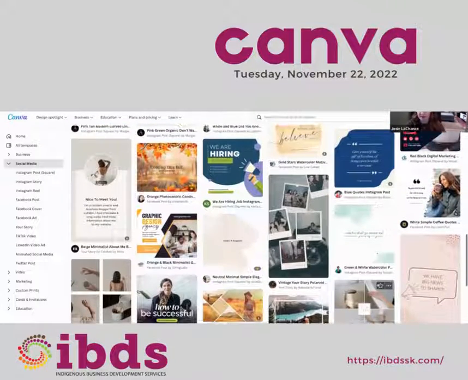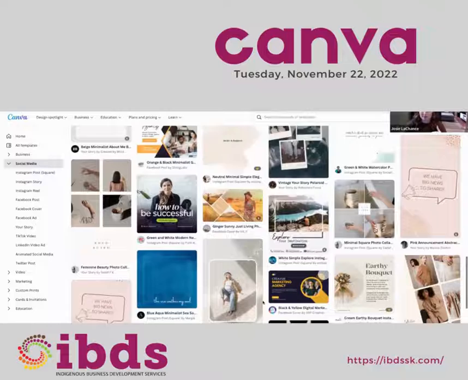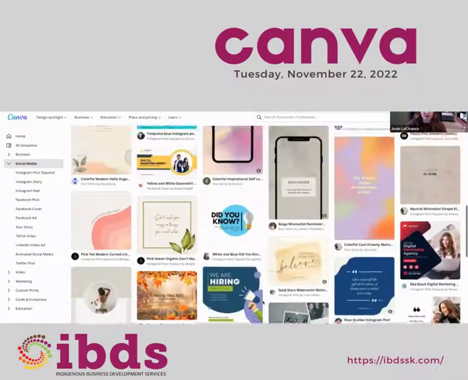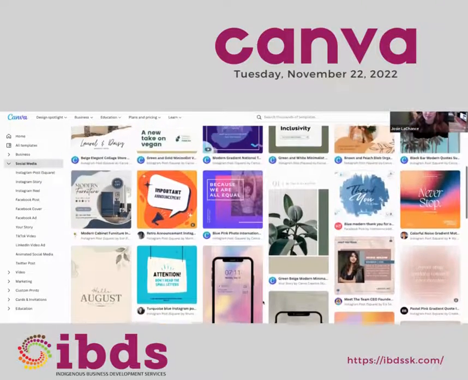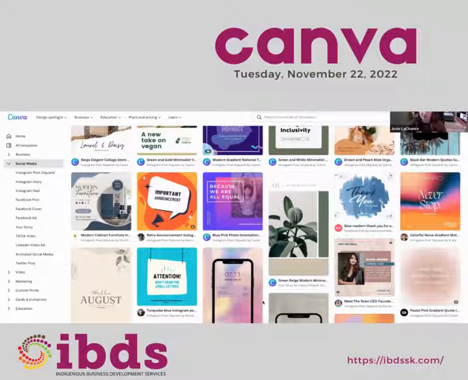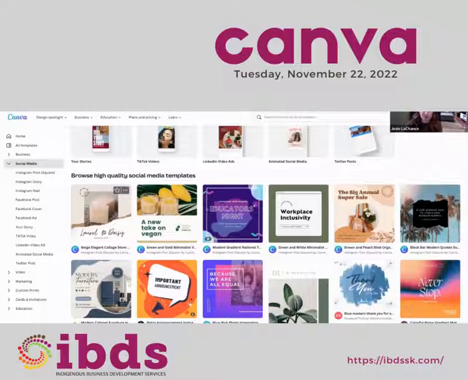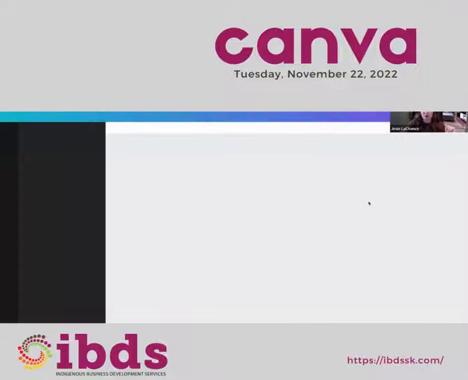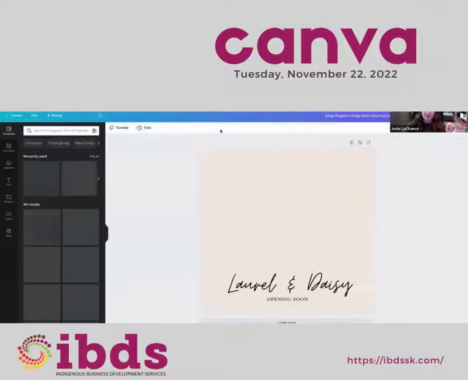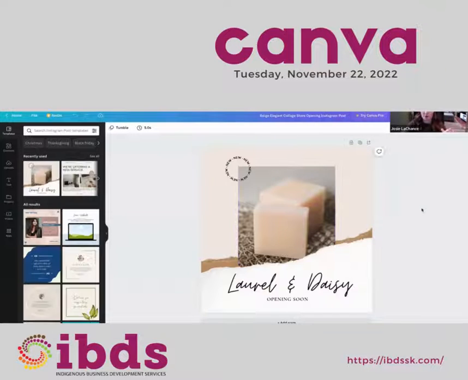But say you don't find anything that looks similar. I'll show you how you can easily do it. And sometimes it's nice to adjust them a little bit for each platform if you want to create a little bit of variety between the two. But here, let's go with this one in the top left-hand corner. I'm just going to click it and it's going to open up. This is one that I really like the layout of, and it suits my business colors.